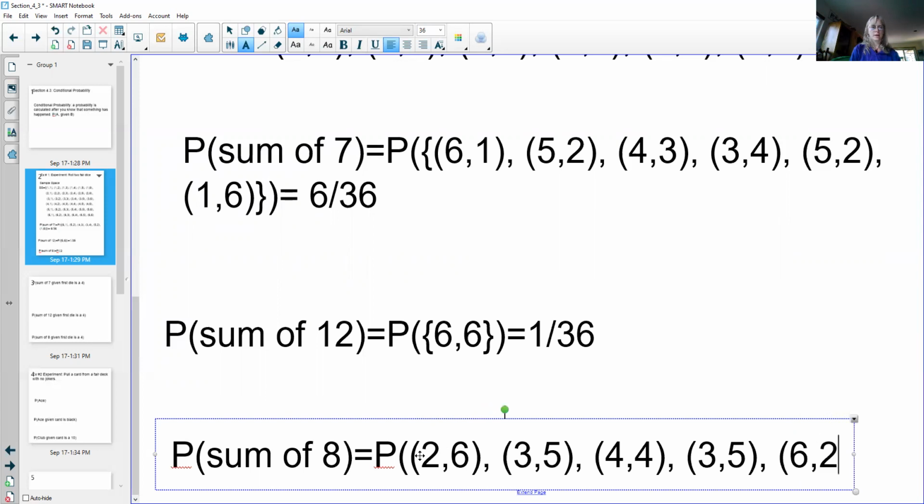Oops, I listed this one not in the right order. It's 5,3. All right. And again, I can count 1, 2, 3, 4, 5. So 5 ways that can happen